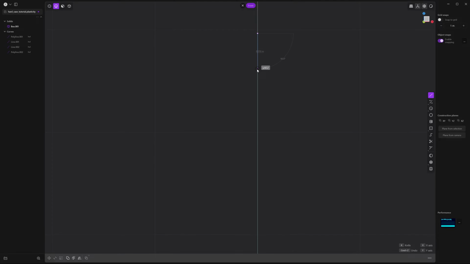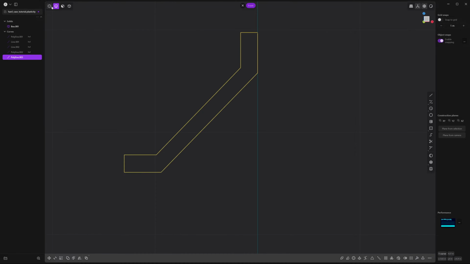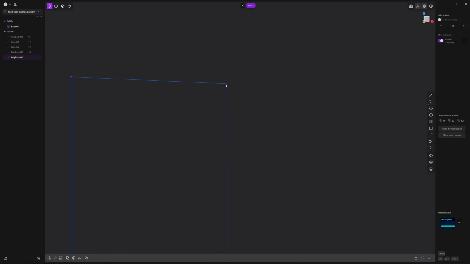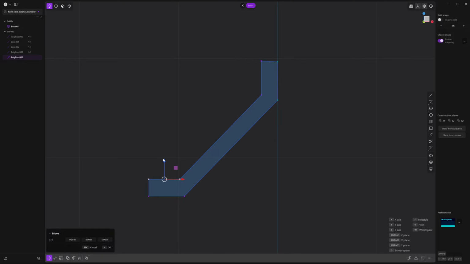And so I'll create a line that goes downwards and then diagonal and a bit to the left and then up. And we're just going to match that thickness throughout now. Don't worry if you don't get it exactly right. We can adjust by going to point mode. So press 1. Looks like I missed a point. I'm just going to snap these together to close the surface or close the shape to create a surface. And maybe this one needs to go a little bit lower. Right click to accept and move this one a bit to the left.